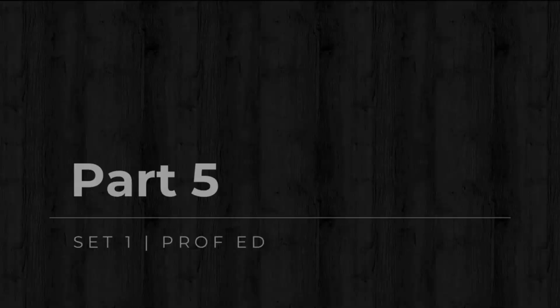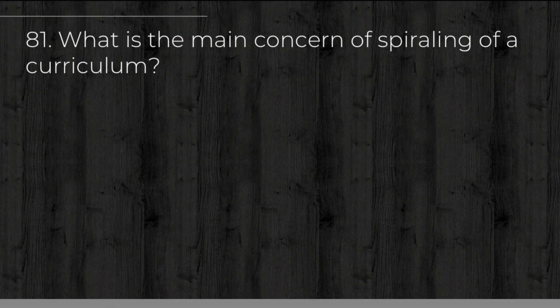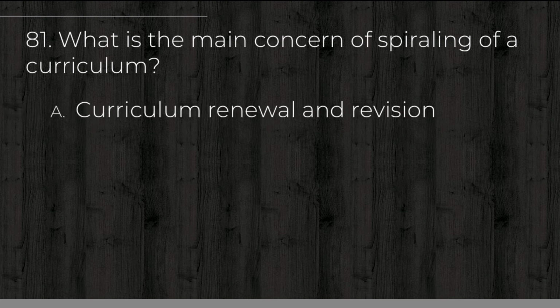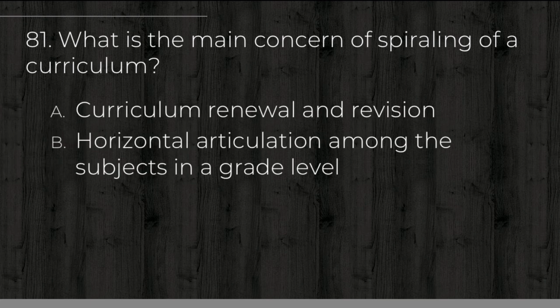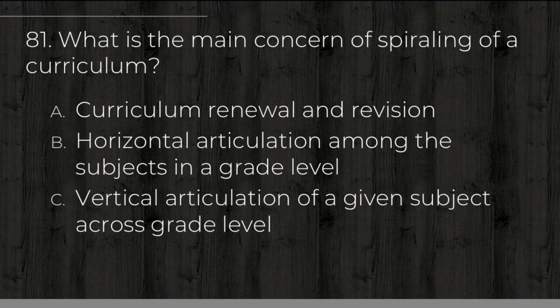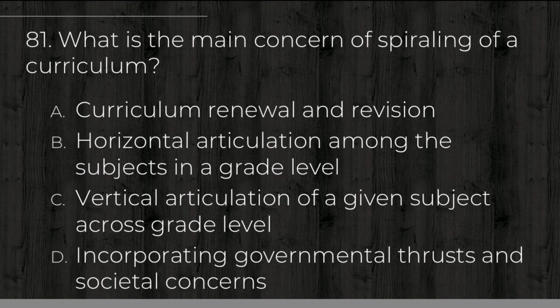Let's continue. Number 81. What is the main concern of spiraling of a curriculum? Letter A, curriculum renewal and revision. B, horizontal articulation among the subjects in a grade level. C, vertical articulation of a given subject across grade level. And letter D, incorporating governmental trusts and societal concerns. Your answer should be letter